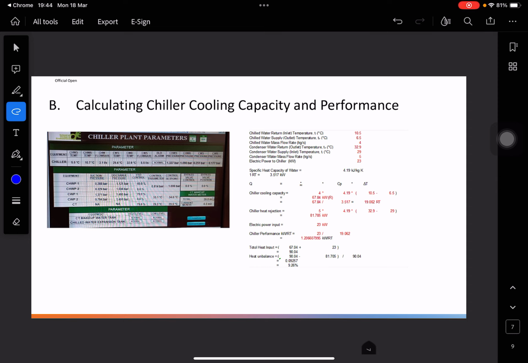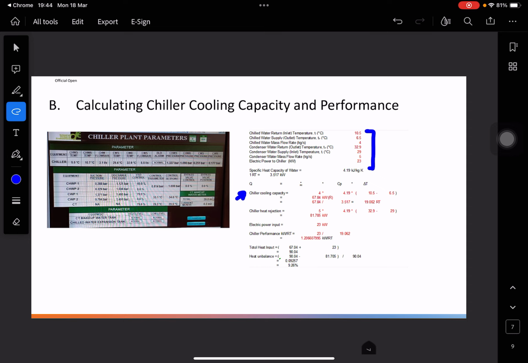So by looking at the parameters, you can then collect different parameters here, right? So you just collect, and in terms of calculating, because we want to learn how to calculate, this is basically the heat capacity equation. With the heat capacity equation, you can then calculate, one, the chill water capacity, which is your m dot